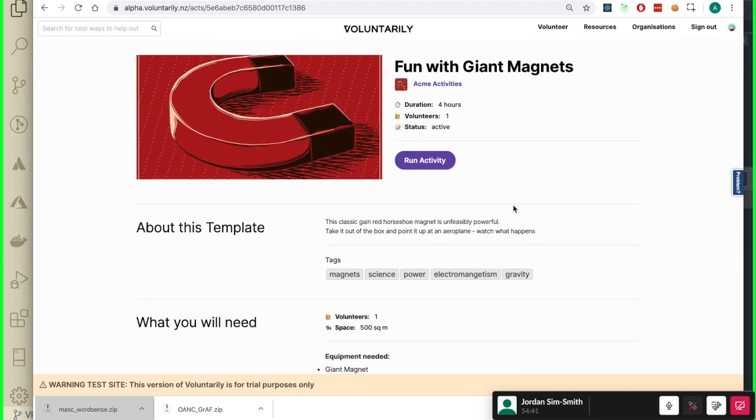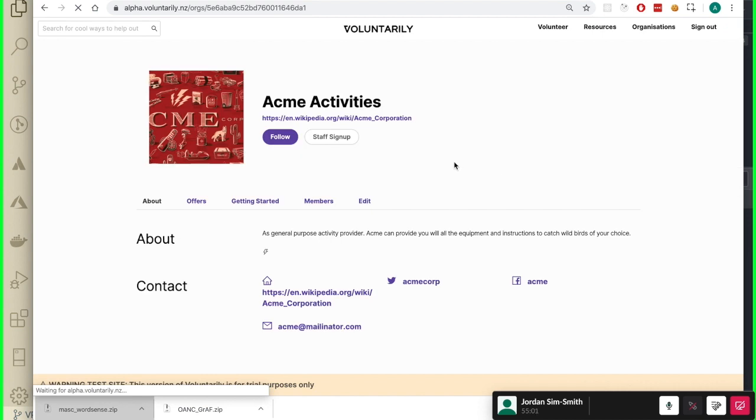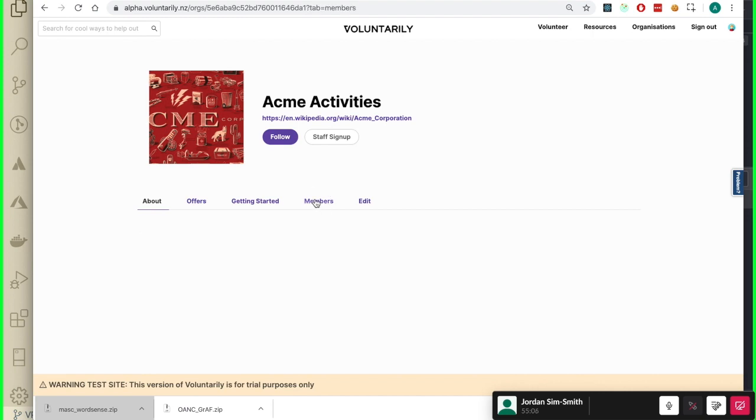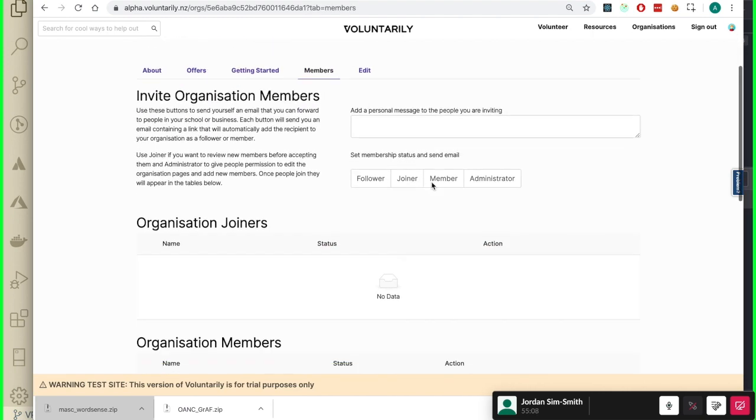So if you're an activity provider, all of these entities are owned by somebody, and so what we do is everybody who's in the system needs to belong to an organization, and they get their abilities from that organization. So if we have an organization that's an activity provider, in this case Acme Activities, then anybody who's a member of that organization is allowed to create activities. And so as a super admin, I can see